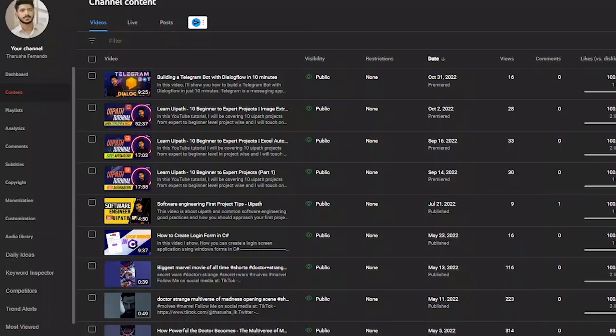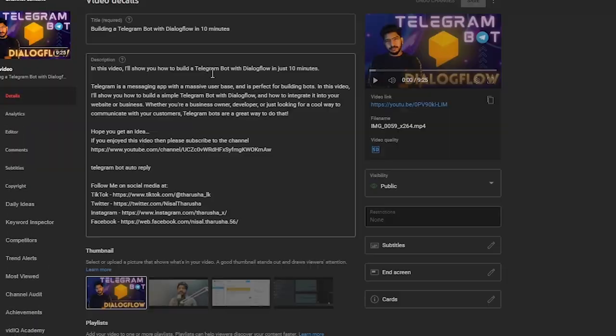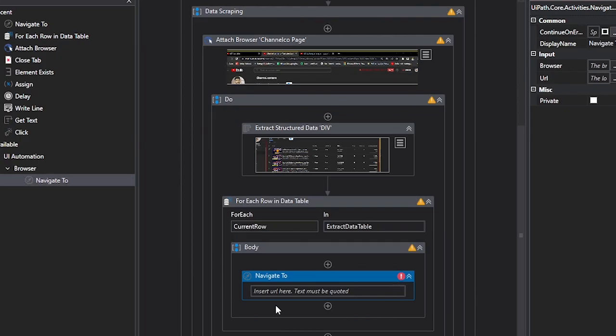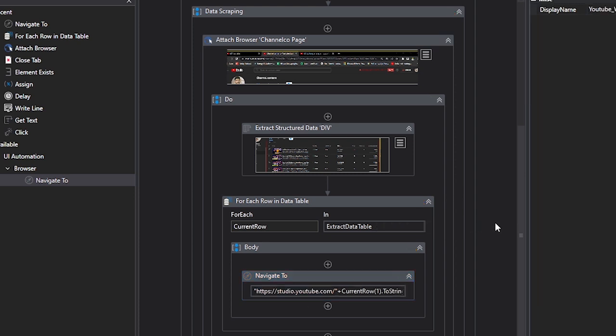If you see, we only extracted a part of this URL from there. The other part we need to add manually. So I will copy it as a string, add it here, plus we need to add the current row, and it's in the first index, dot ToString. Now this will hopefully navigate to the first